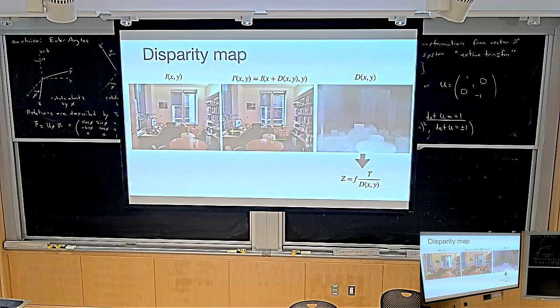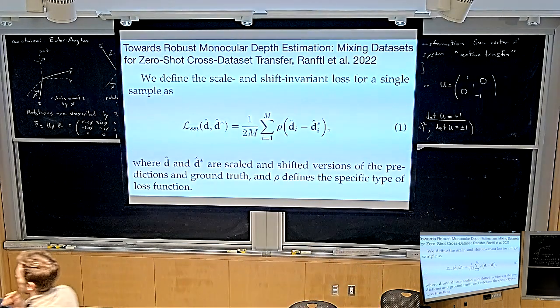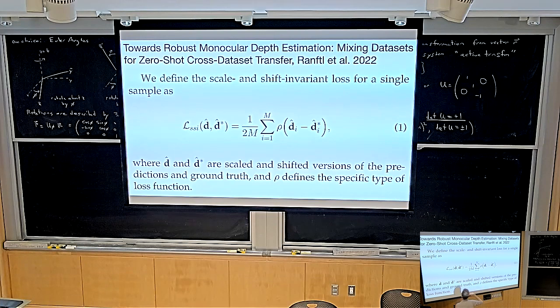Okay, so how did that paper deal with that? They were like, okay, we need to fix that as well. And this is just the reality of dealing with real-world data sets and the reality of 3D computer vision and camera calibrations, all of the stuff we talked about in the first lectures. They proposed a scale and shift invariant loss. And actually the way they did this is a little bit smarter. This is just pulled directly from the paper.